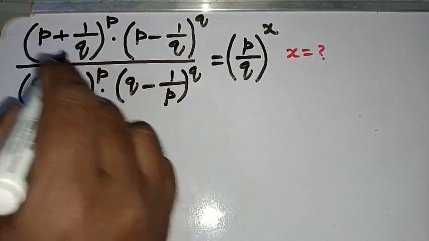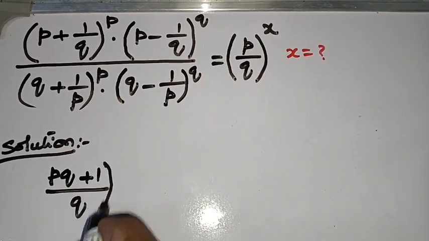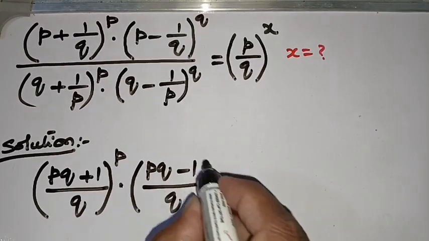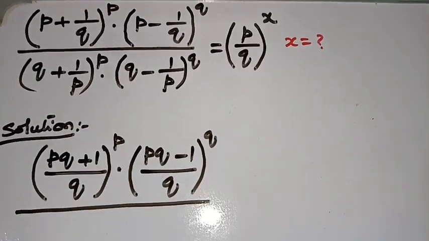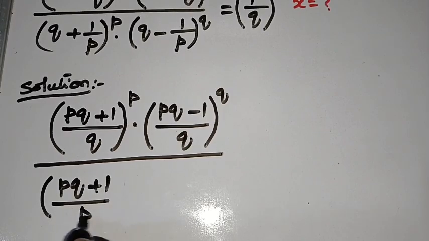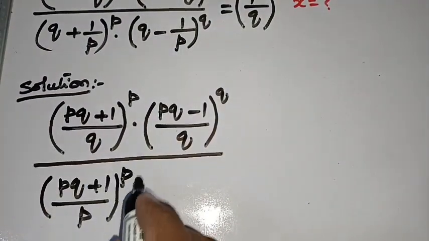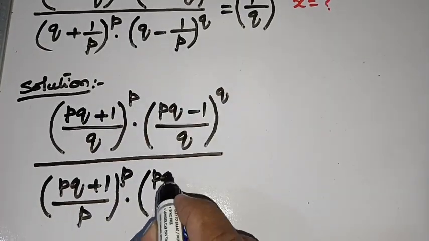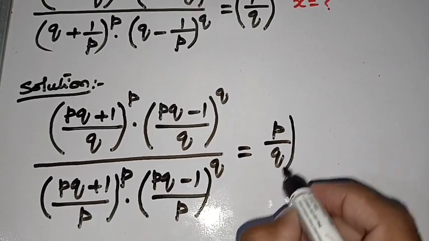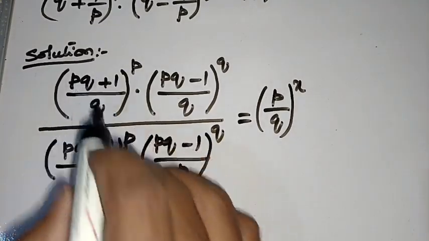So to solve this problem, we can simplify in this way. Multiplying by p and q, it becomes (pq + 1)/q whole to the power of p times (pq - 1)/q whole to the power of q, divided by, in the similar way, (pq + 1)/p whole to the power of p times (pq - 1)/p whole to the power of q, is equal to (p/q)^x. Now separating the powers, we can write